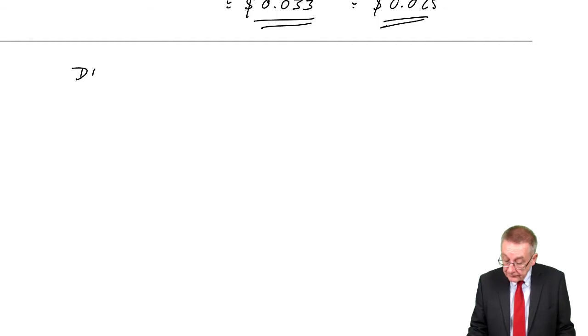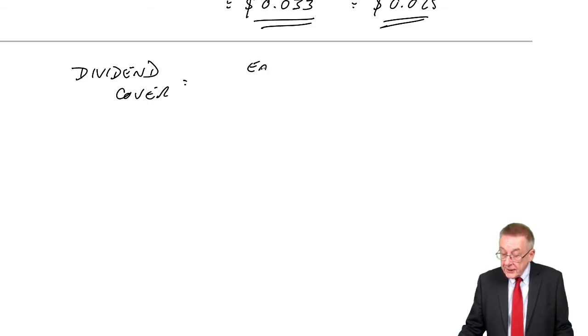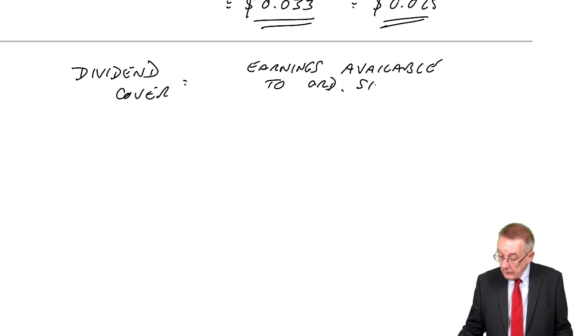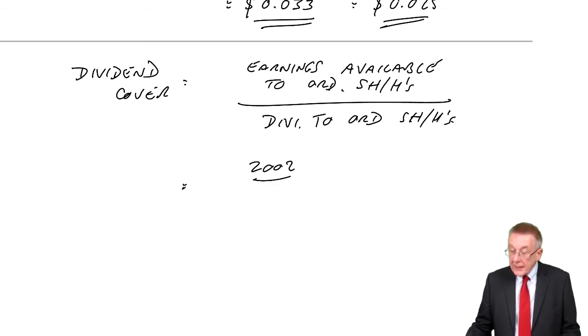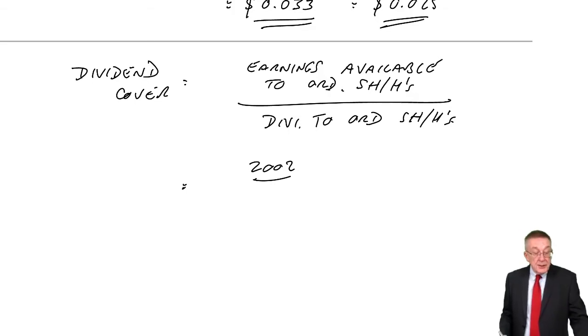Dividend cover is defined as being the earnings available to ordinary shareholders divided by the dividend to the ordinary shareholders. So again, let's look at the 2 years. In 2002,